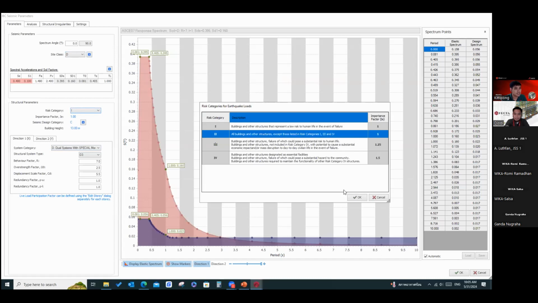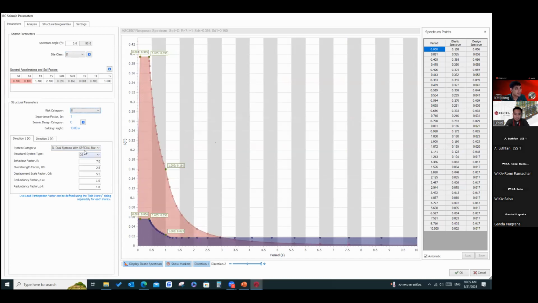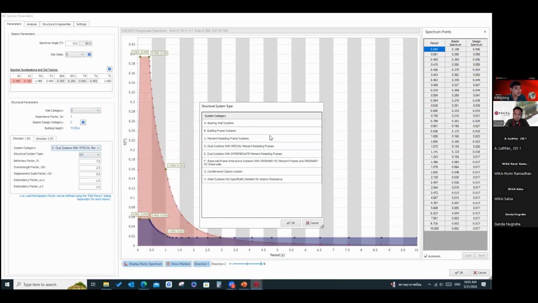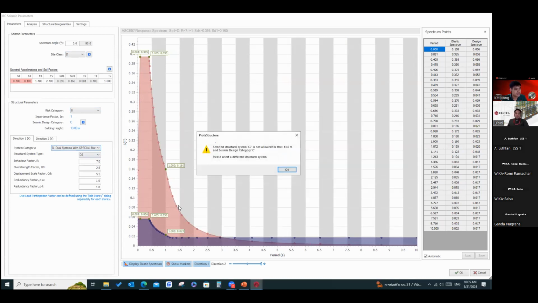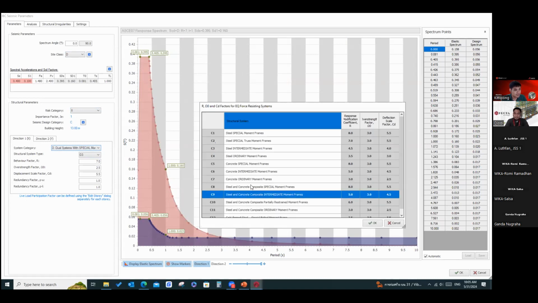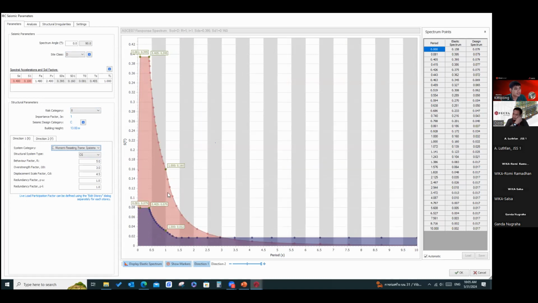Change the category, change the type of the building. See, it's already there. If you choose it wrong, it will show you. It will pop up like this. So you have to choose another type of building. Done.